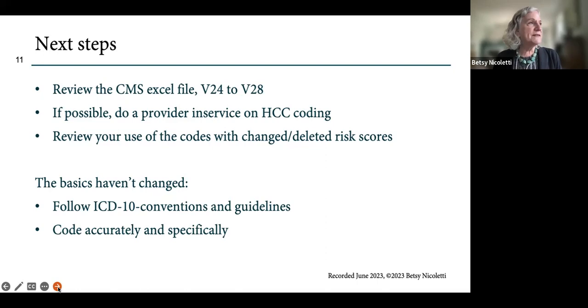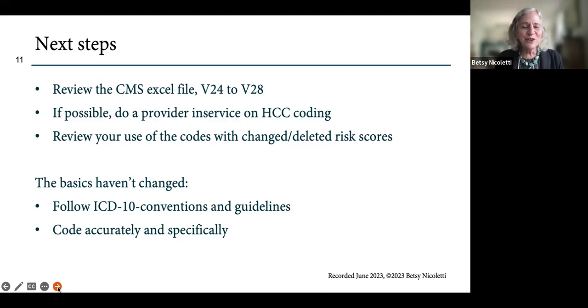If you then want to see what the coefficients are, what the risk scores are, on another slide, there is a link to the PDF, and it's Medicare's policy document. This is what we're doing. It's the document that actuaries love. But the coefficients start on page 183, and I've noted that in the slide. So you don't have to page through the first 182 pages. So you're going to want to review that.